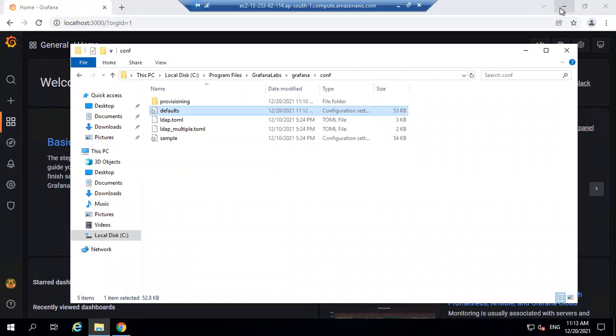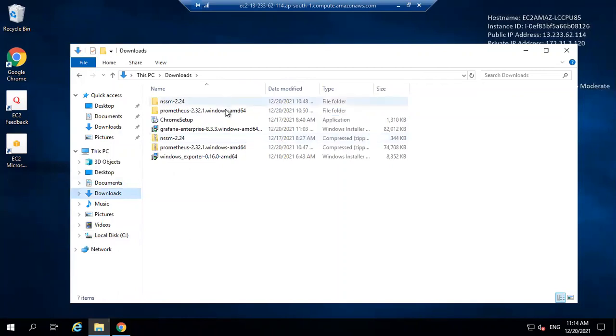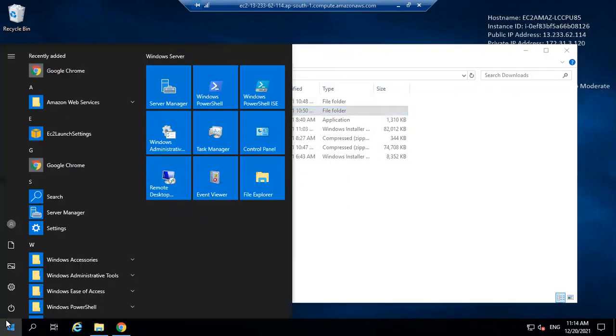So for that, go to the downloads and you can see Prometheus. So for Prometheus, firstly we are going to install NSSM. Then we are going to install Prometheus via NSSM. So firstly,